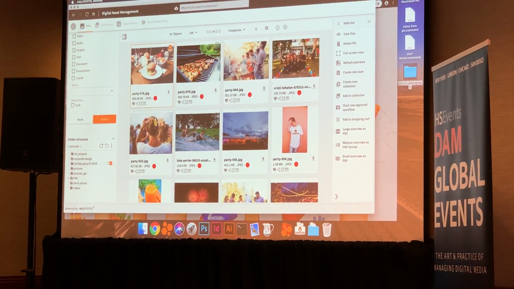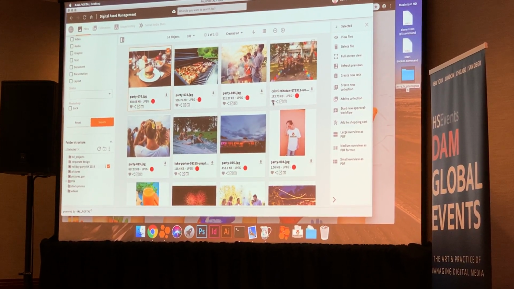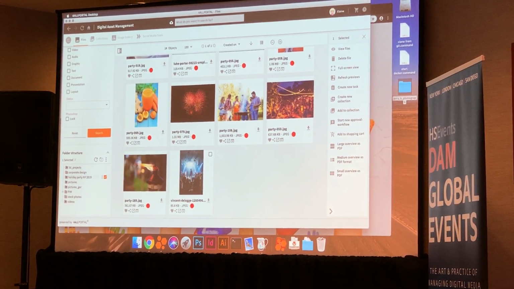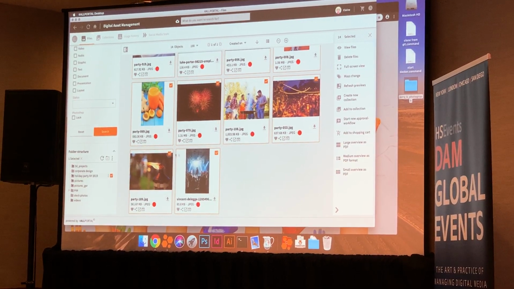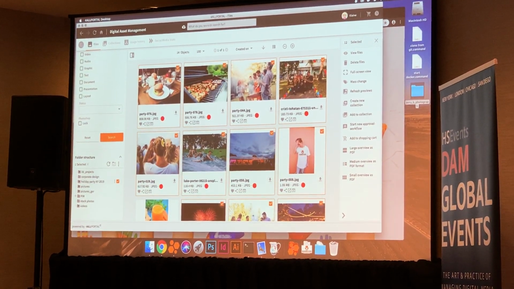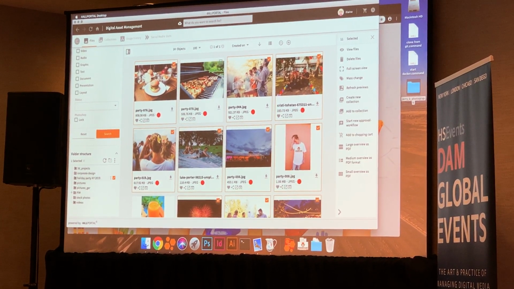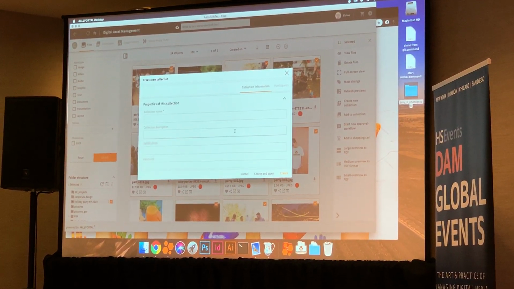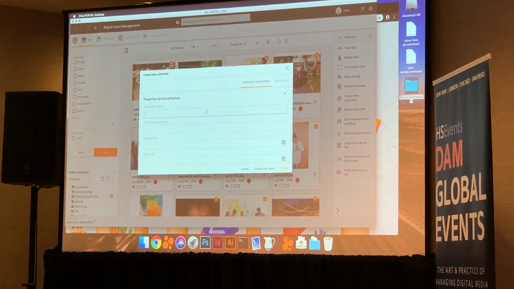Now Elaine also needs to go through, and she's got 14 assets that are in here, but she doesn't want all 14. So we're going to go ahead and just select them all. We're going to come back and deselect a couple of assets that she is a little less fond of, and we're going to go ahead and throw them into a collection. She's going to name the collection the